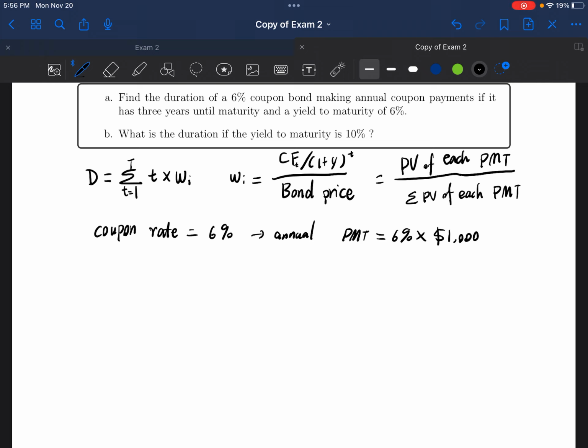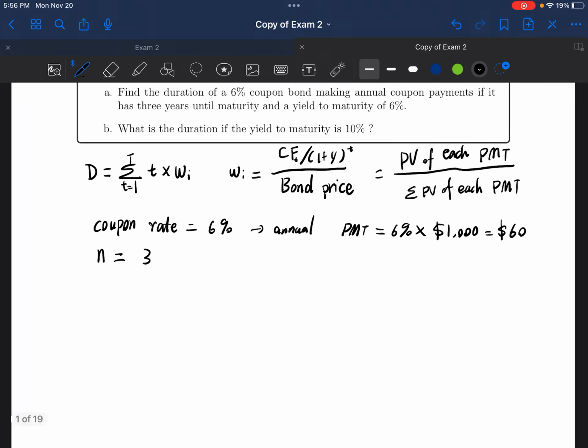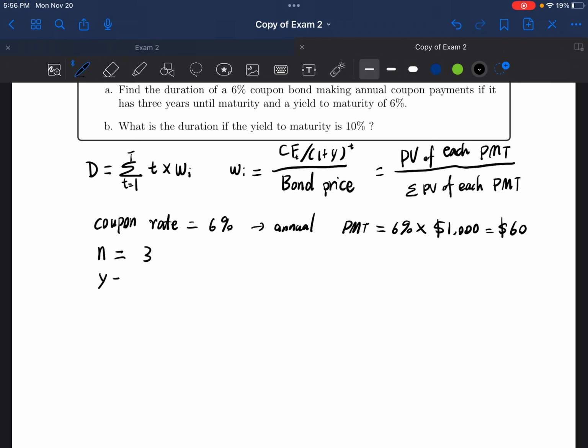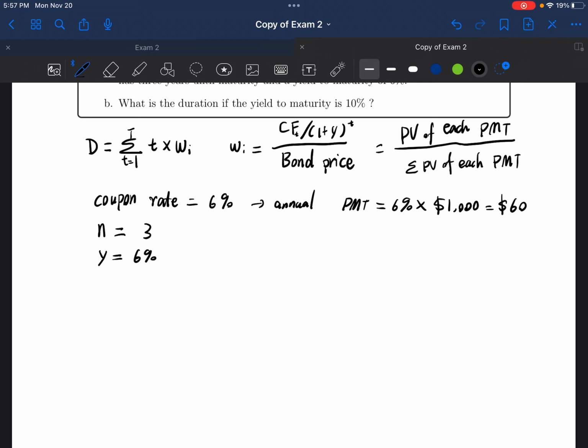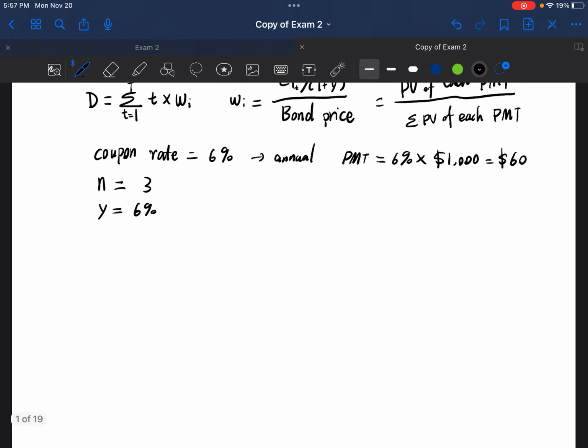Bond par value is normally $1,000, which gives us $60 for the payment. It also tells us the period of this bond is 3 years, and the yield to maturity equals 6%. Given this information,